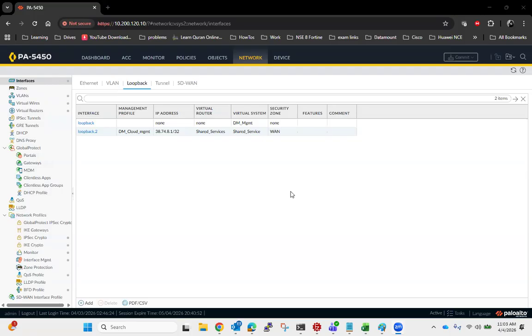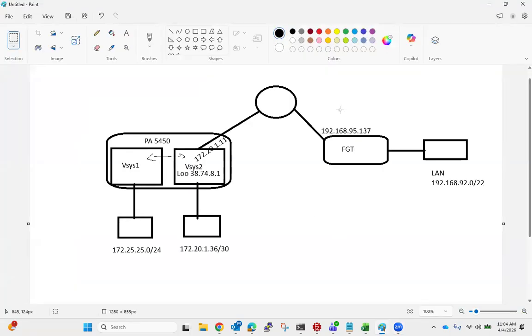Then we have a firewall between Palo Alto and FortiGate, and on the Palo Alto side, the source of the IPsec tunnel will be a loopback address. So let me first explain the topology, what I'm going to do. Starting from here, I have a FortiGate with this WAN IP, and there is a LAN subnet 192.168.92.0. My laptop is part of this LAN. So we have some internal connectivity, and then this is my Palo Alto with the two VCs,